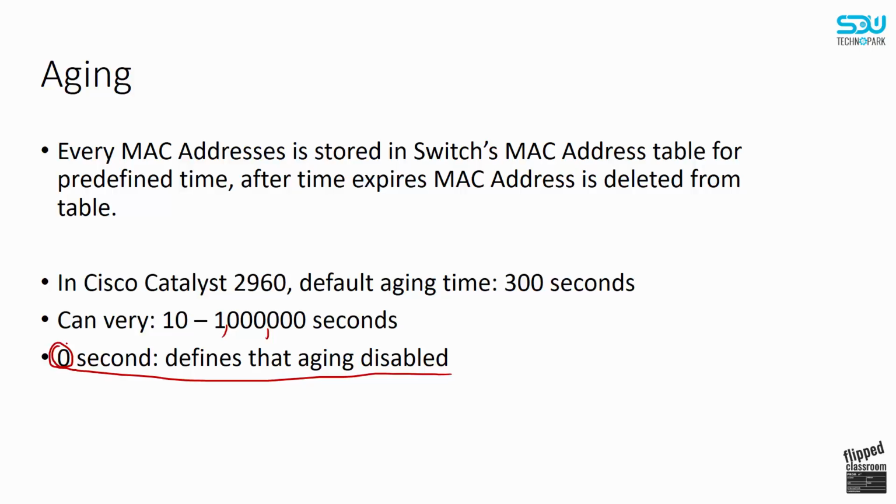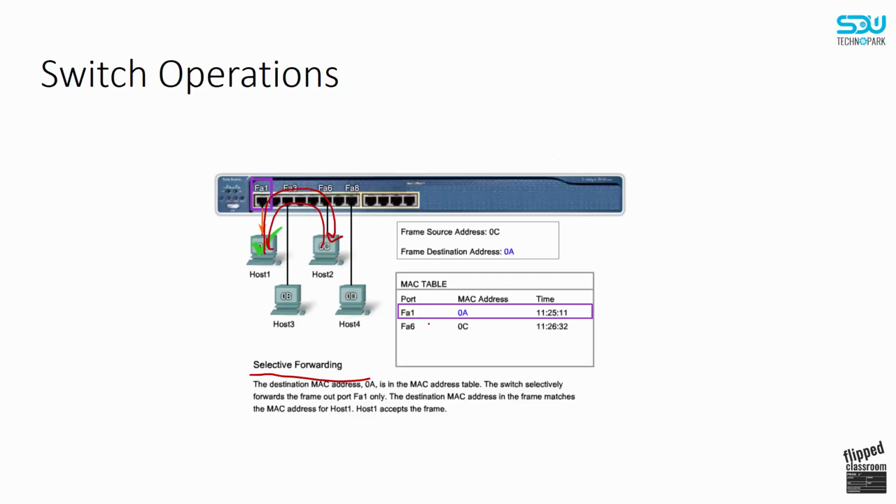We need aging time because we may have a situation like this: you are connecting a host with MAC address 0A, and the switch understands that, all right, on port FA1 I got the MAC address 0A. If you don't have this aging time, and the host is disconnected from here and connected to another port, the switch will understand that it got the 0A MAC address here and the 0A MAC address on this port. So the switch will be confused, and